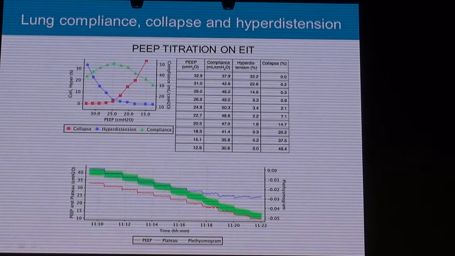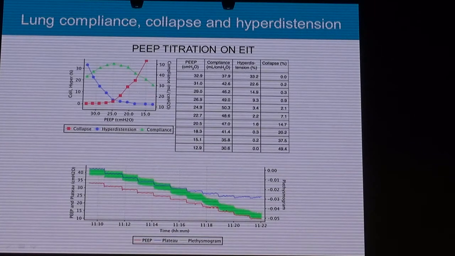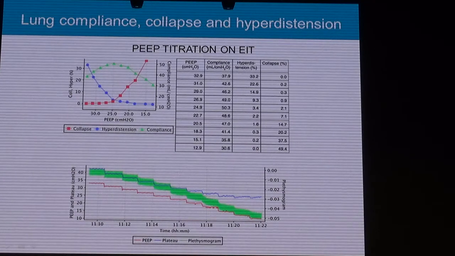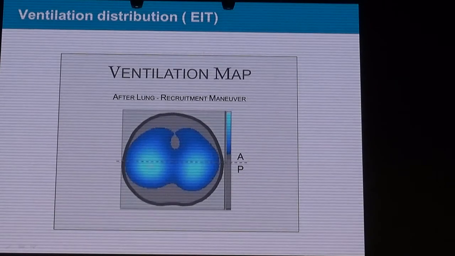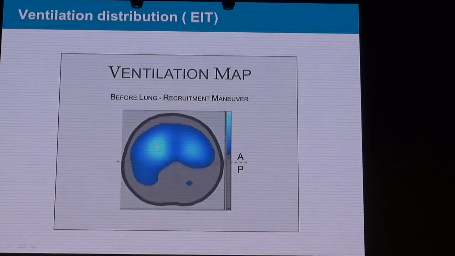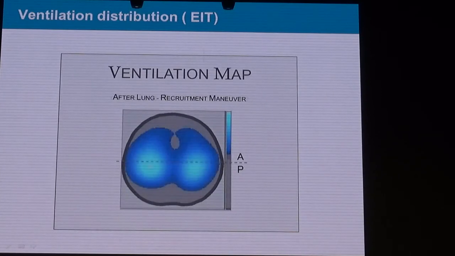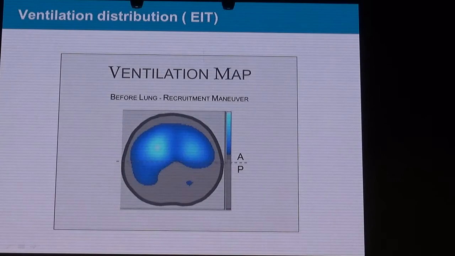As you can see in the lower graph, going from right to left, there is a very high driving pressure, which is from the blue line to the red line, and it decreases and then increases again at higher PEEPs. And this is what you can see from before. This is the monitoring, because of the impossibility to bring this patient to the CT, and we are able to see where ventilation goes in these patients, from mostly the anterior part of the lungs, after recruitment to the posterior part of the lungs.